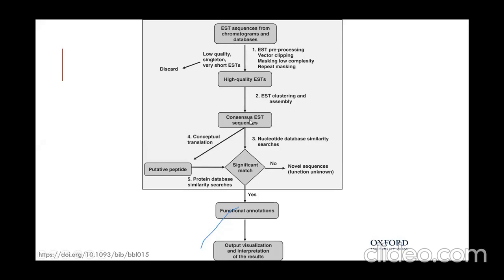You generate consensus EST sequences. These are nothing but mRNA molecules, right? You go into putative peptide sequence generation, what amino acids come from these codons, and then a protein database search, looking for a significant match. If not, you go directly into the nucleotide database search and again look for a significant match. If a match is found, you go with functional annotation, output and interpretation of your results. If you don't get a match with the given genomes, you highlight it as a novel sequence, go into de novo assembly, and other novel techniques available for EST assembly to find out what you are really interested in.